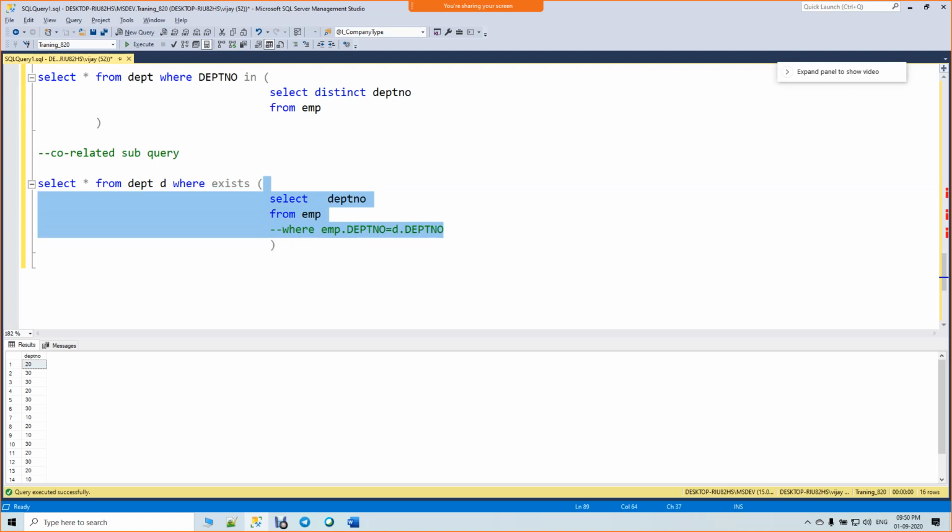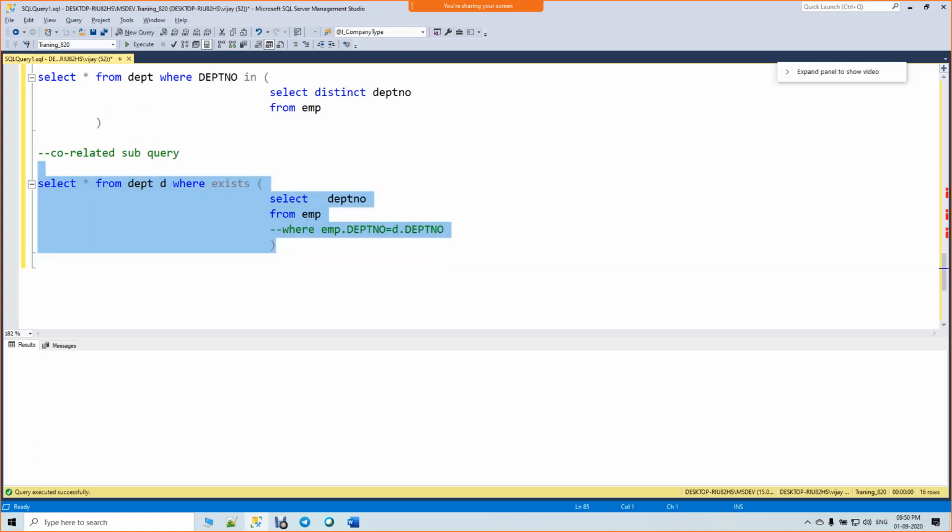That's it. If the subquery is returning a data set, this condition is qualified. Exist means it's available or not available. If it is available, this condition is true, so it will return the data set.